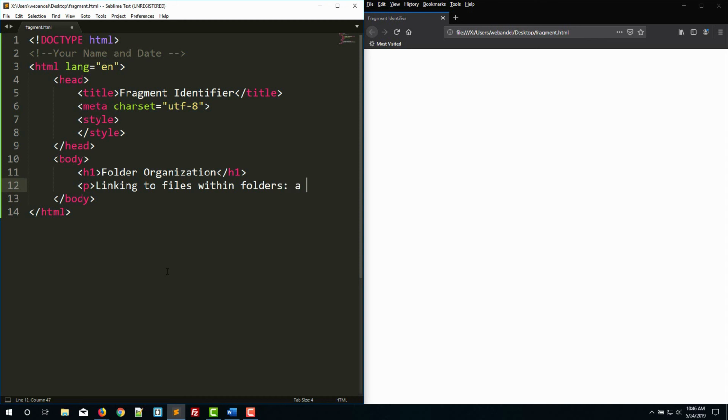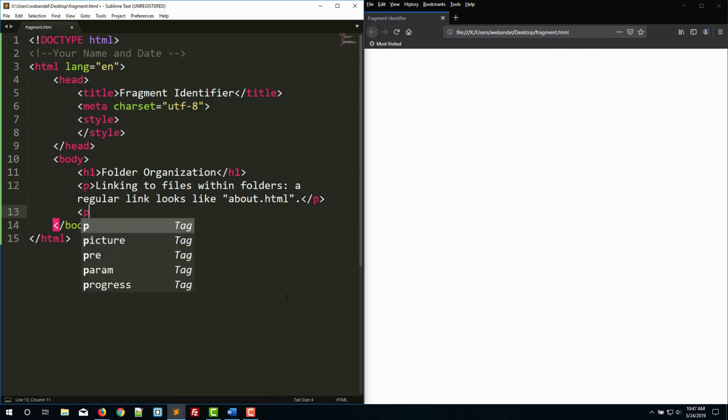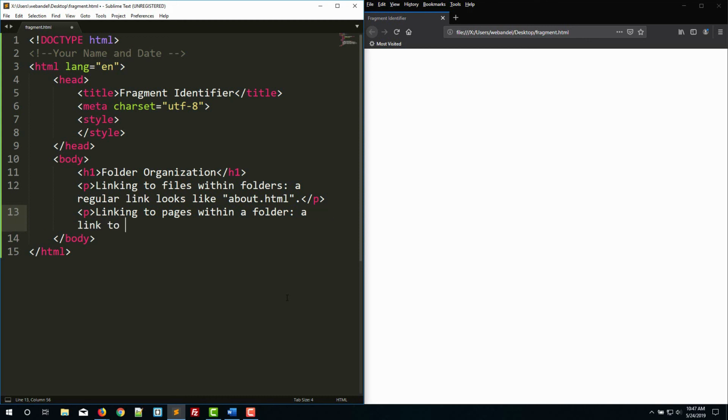Then let's say a regular link looks like, we'll do another one, linking to pages within a folder. A link to a file within a folder looks like